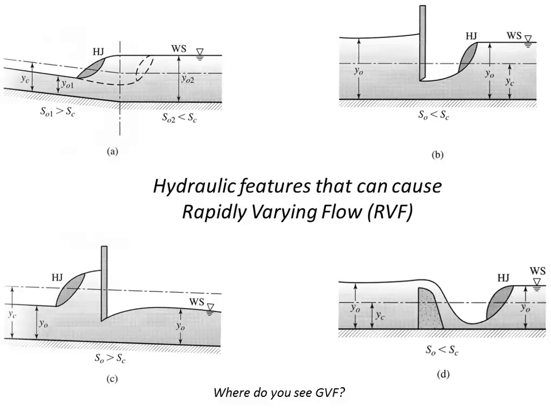Gradually varying flow occurs after the hydraulic jump here. You notice it jumped to some depth, but then it continued to get a little bit deeper. That's gradually varying flow. There's gradually varying flow after the gate, but before the hydraulic jump. There's gradually varying flow as water approaches this obstruction. And really, the hardest thing we'll do all semester is trying to find out gradually varying flow. Trying to find the depth of flow when it happens very slowly and over a long distance.